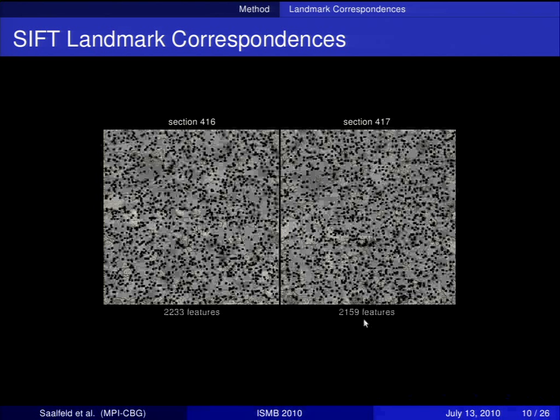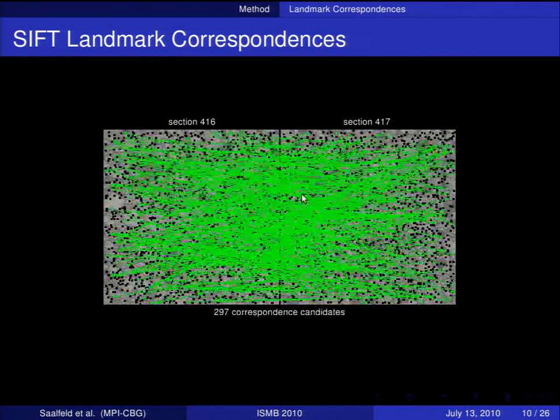Depending on the parameters, just using the local descriptor, in this case it matches, and you can already see that some are just wrong. Actually, there is a situation where we have 90